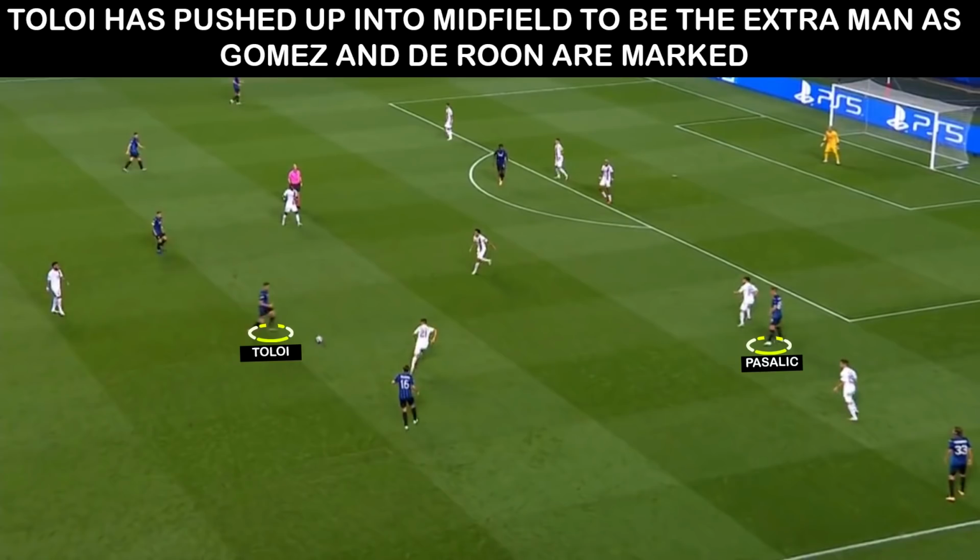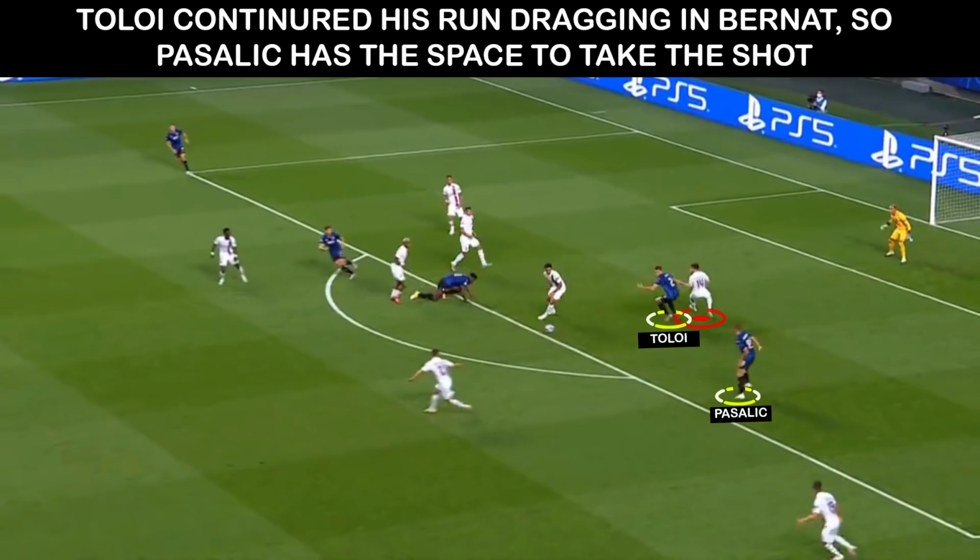We see shades of this in the Atalanta goal. They once again have the ball in wide regions, and De Roon and Gomez, who is dropped deeper, are both occupied, so Toloi makes the run from deeper into the space. He continues the run infield, drawing Bernat, and PSG has held his width as usual, and when the ball breaks